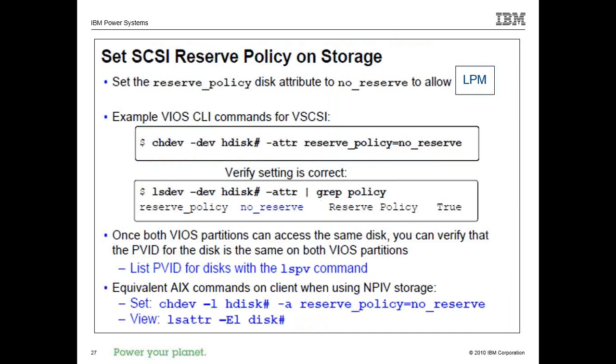If you're going to use vSCSI, you've got to make sure in the VIOS that you have the no reserve policy turned on. This is true when you're doing dual VIOS, and this is also true when you do LPM. Most customers start with dual VIOS and then go into LPM. So if you've got everything working with dual VIOS, you'll be fine doing LPM after that. If you've only been doing single VIOS and may not have ever adjusted your reserve policy, you'll need to change that on your disk for vSCSI only. You don't have to do this for your NPIV.